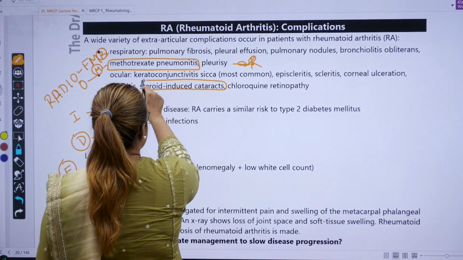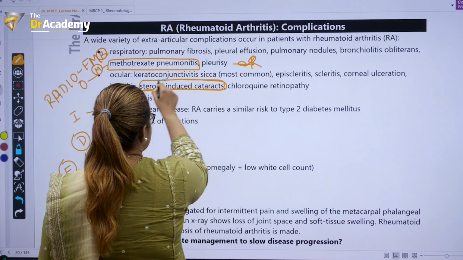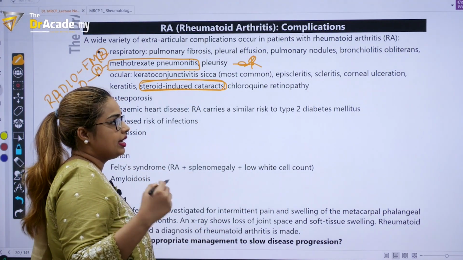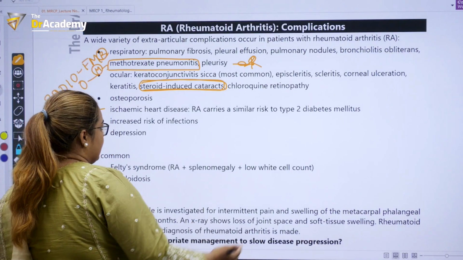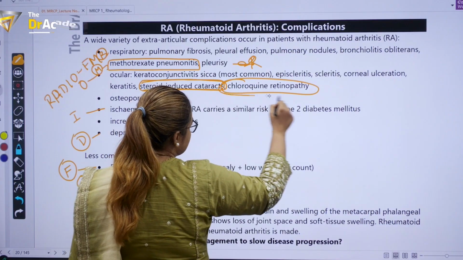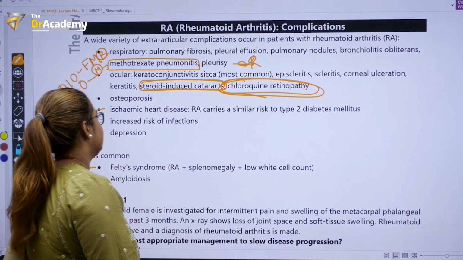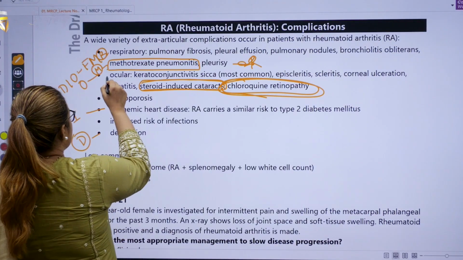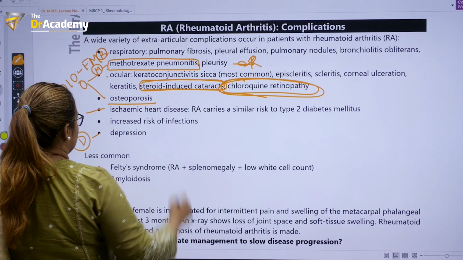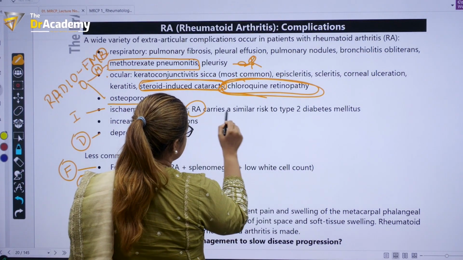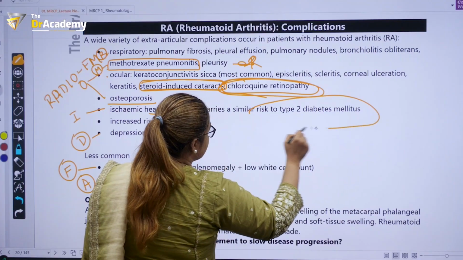Steroid causes cataract in case of rheumatoid arthritis, or also in case of any other chronic disease where steroid is given as a drug, it can cause cataract. And also chloroquine causes retinopathy, that is bullseye retinopathy. I have already told it. And also another O is osteoporosis. And ischemic heart disease, rheumatoid arthritis also carries a similar risk to type 2